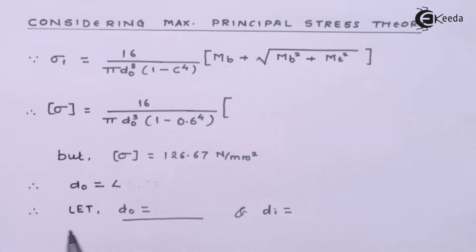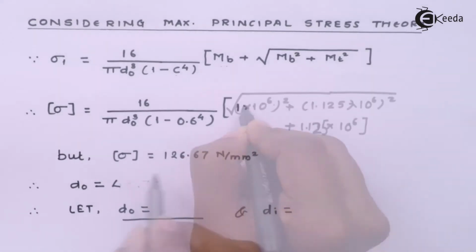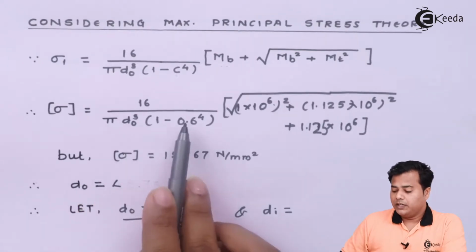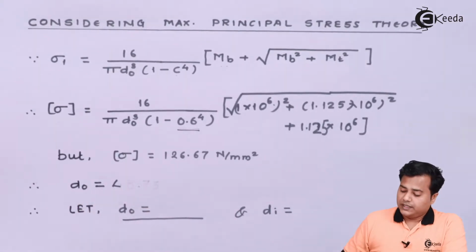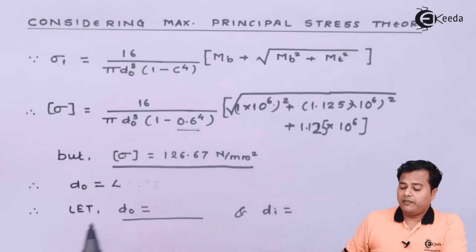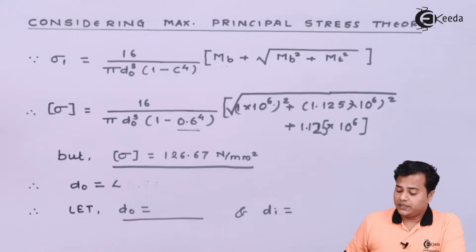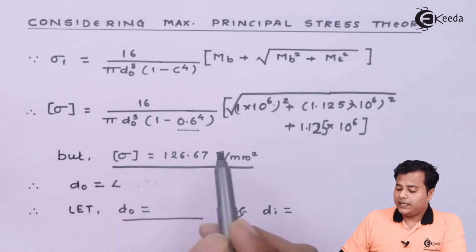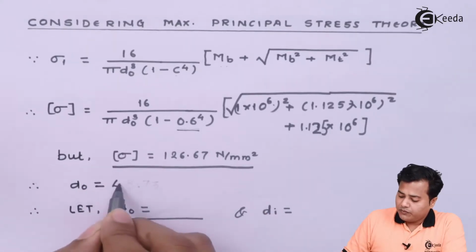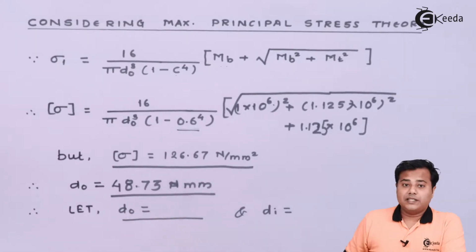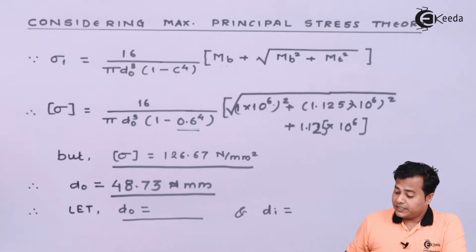So if I substitute the values of bending moment and other terms and solve this particular equation, we have only one unknown with us, that is the outer diameter, because the C factor is already given. We know that the maximum allowable value of the normal stress is 126.67 considering factor of safety. If I substitute the value back, I'll get the unknown D naught equal to somewhere around 48.73. But that is not a preferred series, so let us go for the preferred series,